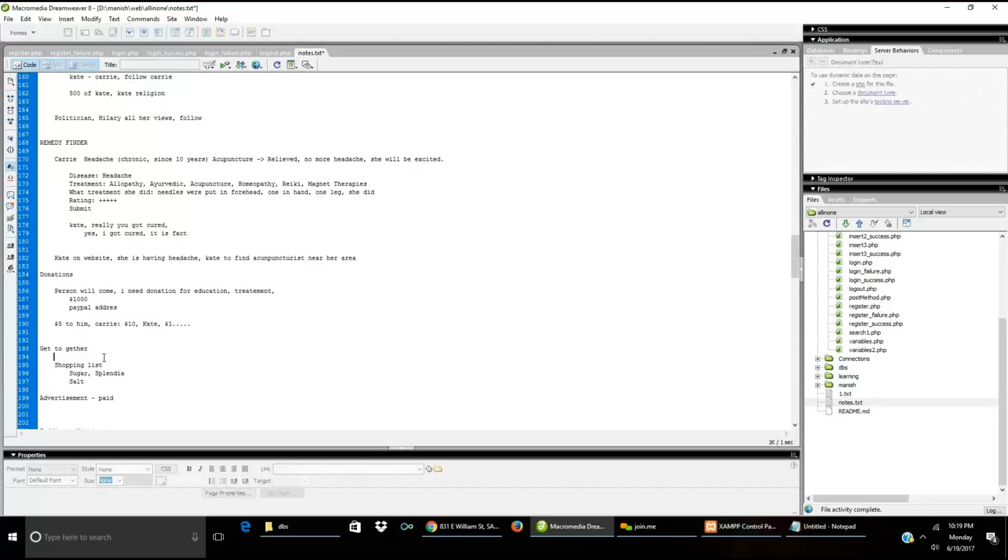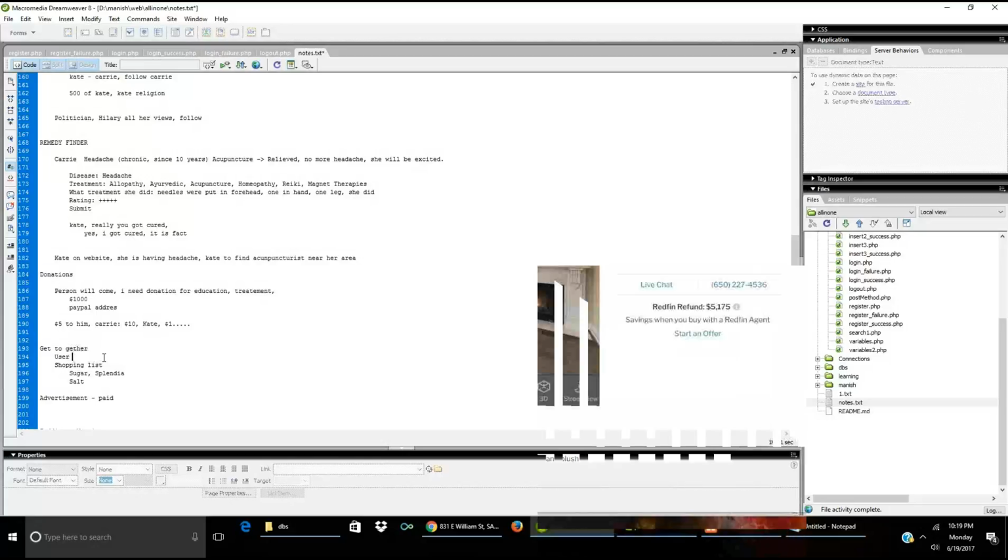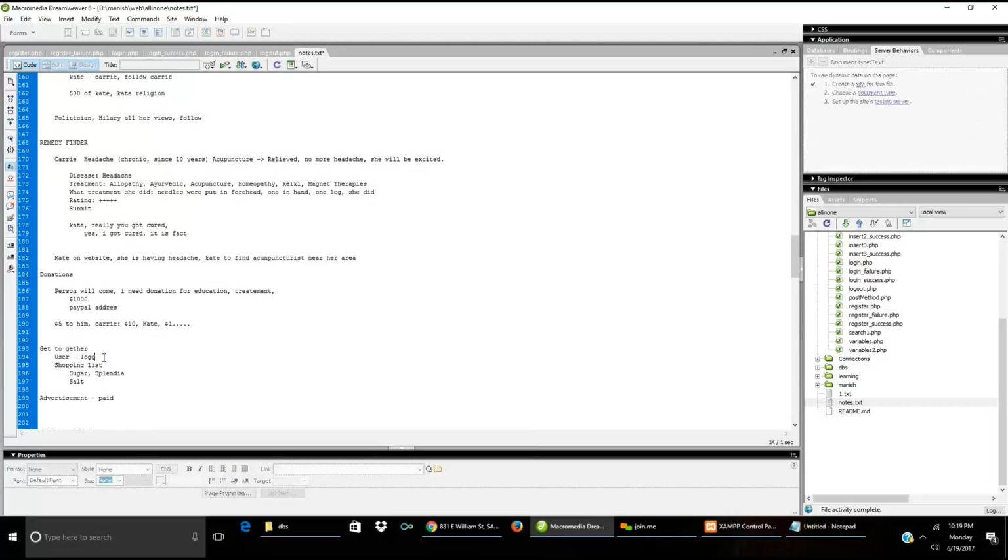A get-together or a wedding or something like that. Okay, so to make it make sense, I will ask you the question. Let's say I'm the user. I will log into the website and say I want a list for my wedding, for example. Then I will create a list, for example, a shopping list for the wedding, and then I'll